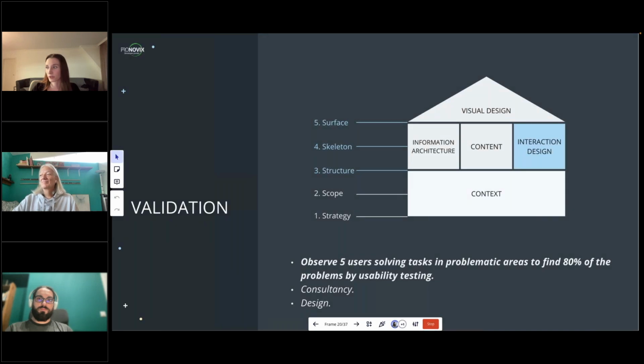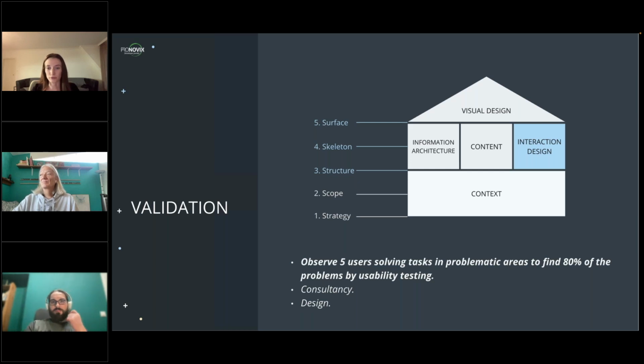And also, if you know that somewhere is friction, because let's say you received feedback from the users about some parts of the portal, by usability testing, you can see how the users are actually using a feature, for example, how they behave and interact with the portal, and where improvement is needed. So again, testing a prototype early can save time and money, because usability testing reveals a more realistic view about the real user needs,